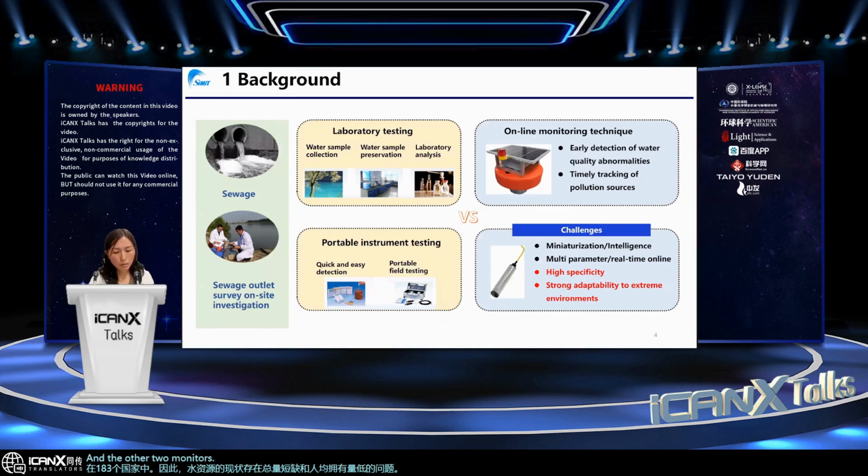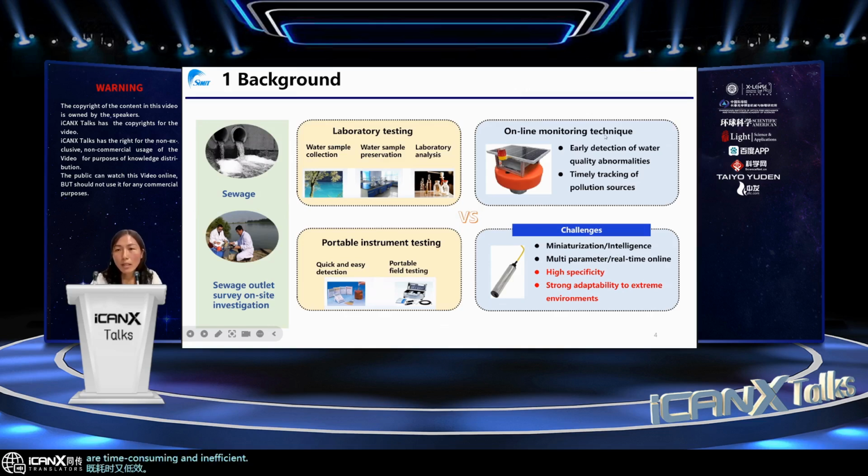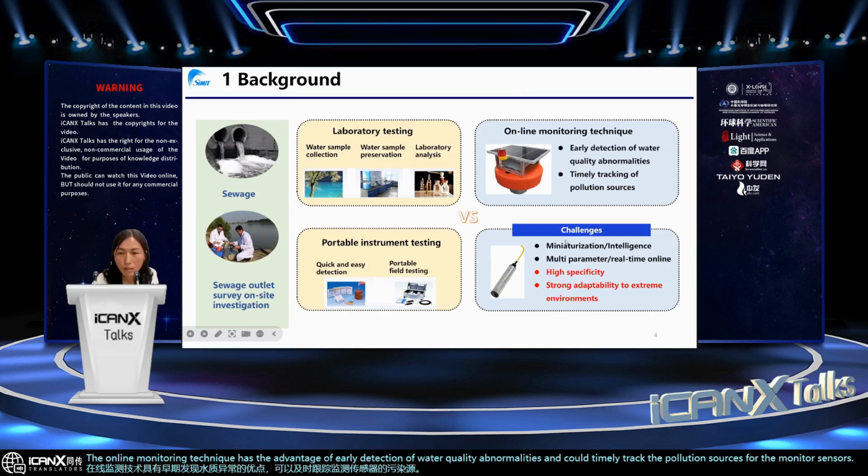In order to monitor the water quality, such as at a sewage outlet, traditional methods include laboratory testing or portable instrument testing. However, these methods are time-consuming and inefficient. The online monitoring technique has the advantage of early detection of water quality abnormalities and could timely track the pollution sources. For the monitoring sensors, there are also challenges such as high specificity and strong adaptability to extreme